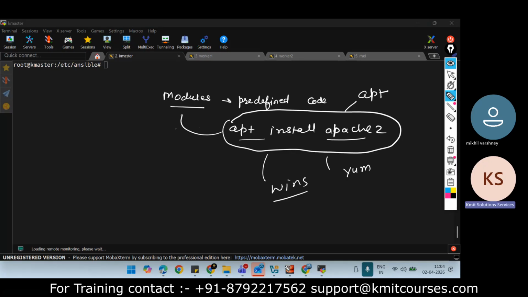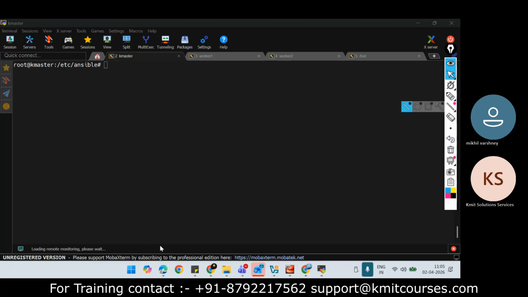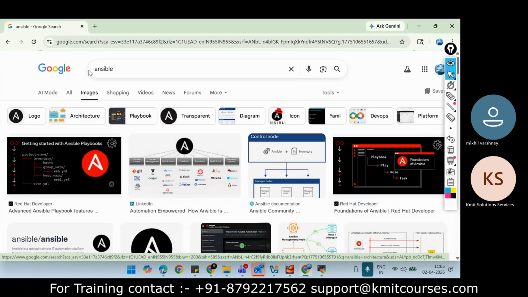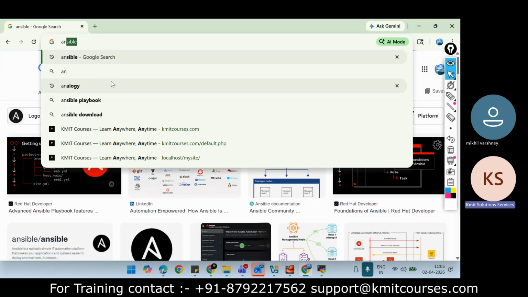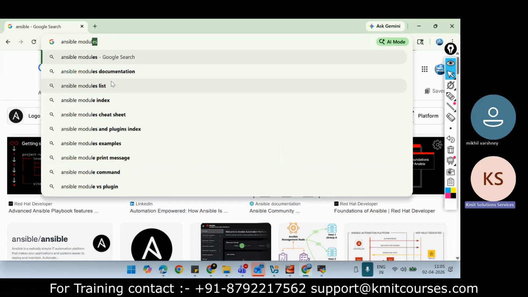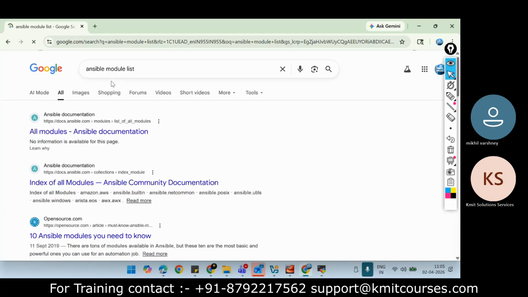All right. So let me go to the Ansible documentation to show you some of the modules. If I search for Ansible module list, here are all the modules.